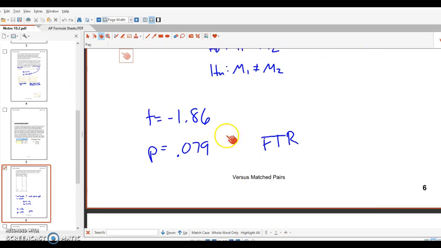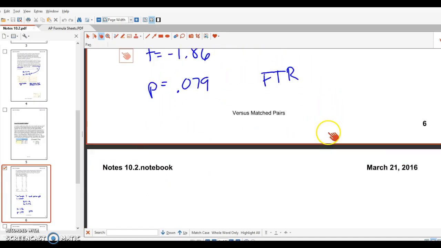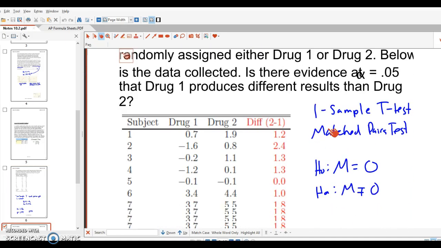For my results, I ended up getting that I failed to reject the null, which suggests that there is a difference between the effectiveness. On this other one, I have matched pairs, so it would just be a one-sample t-test. My null will be